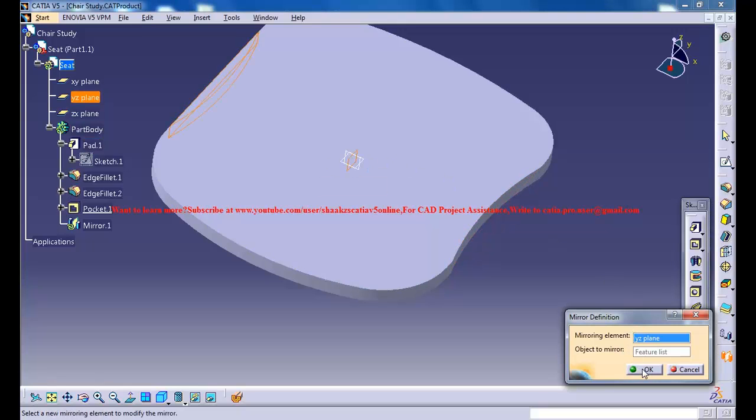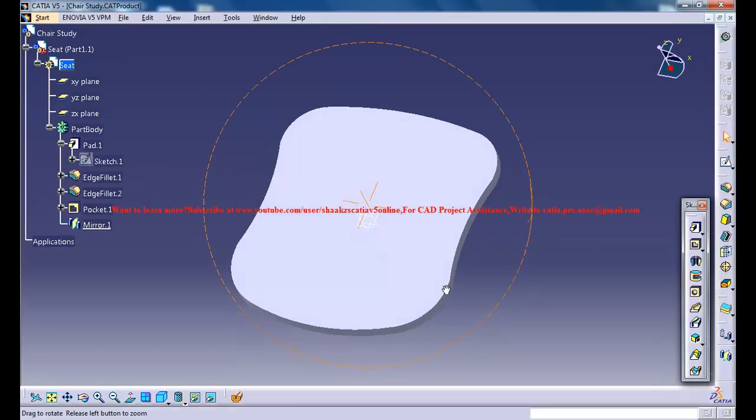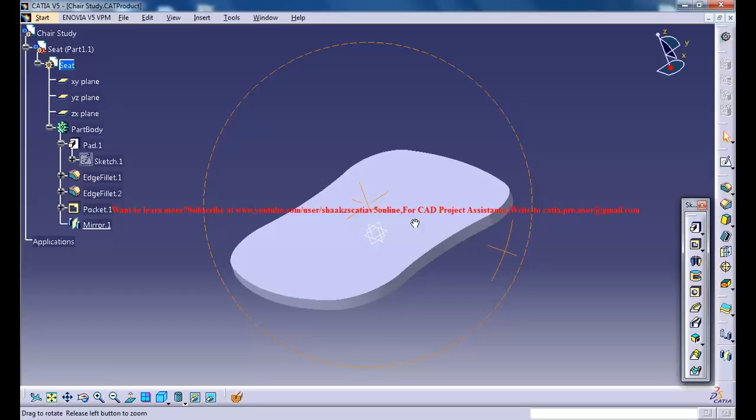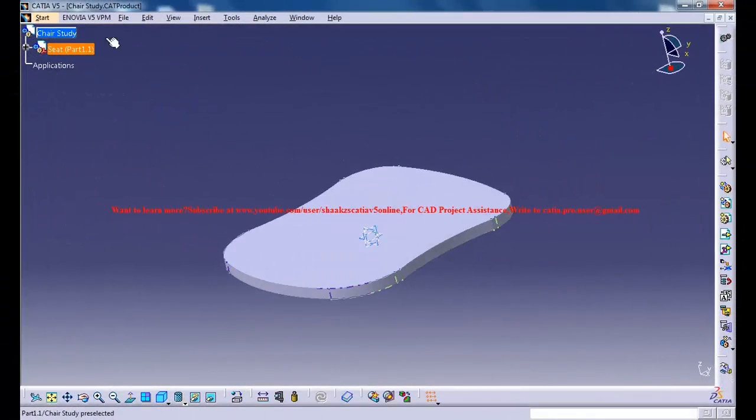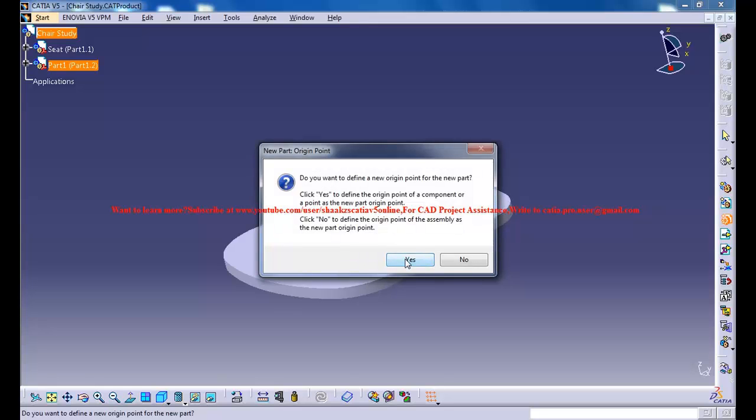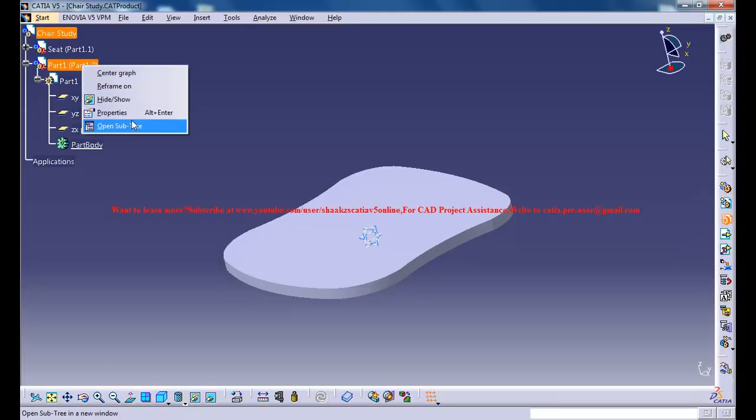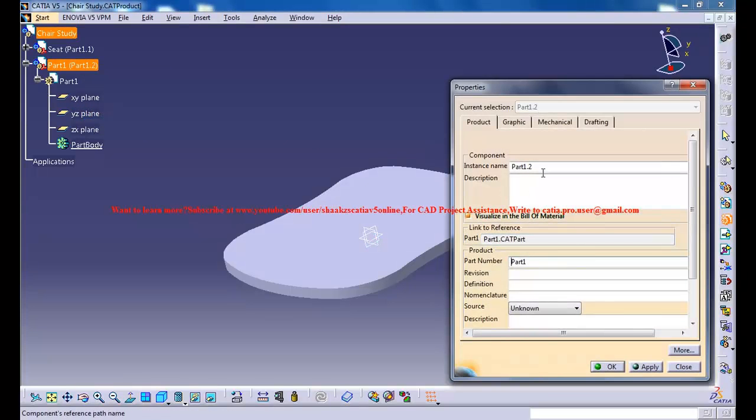This one, YZ plane. That's it. So our seat has been created. Select this chair study here, go for insert new part, and when you're asked for this one, you could go for yes and expand the tree and make sure you're changing the name to